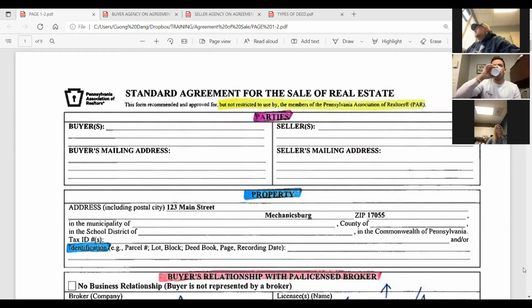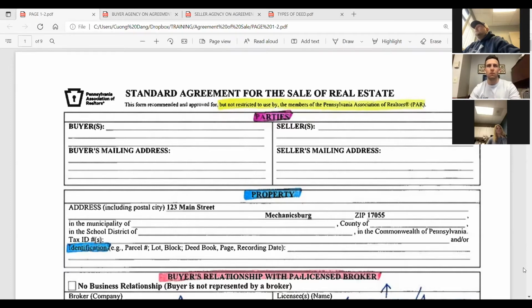Okay, we are going to get started here. This is the first part of a 7-part series on the agreement of sale. So we're going to dive into this 14-page contract and take 7 hours to go over it. Obviously, when you go over it with a client, you're going to want to do it efficiently in 10 to 15 minutes. But hopefully, by the end of this, you'll have a better understanding of the contract and know what's in it, where it's at, and be able to cite it quickly and promptly so that you look very professional